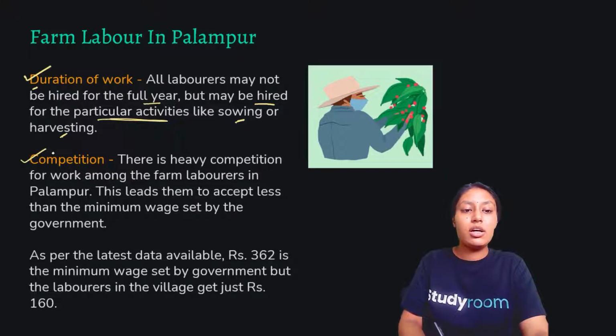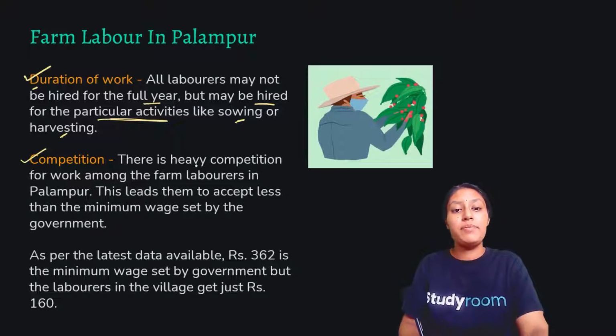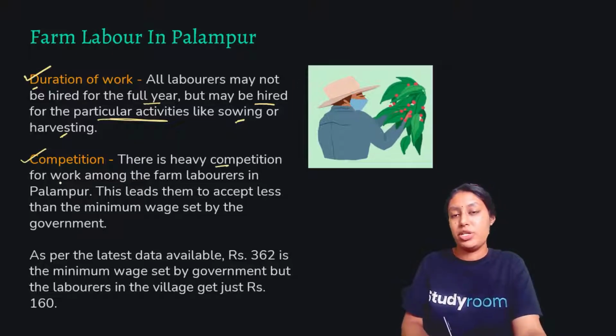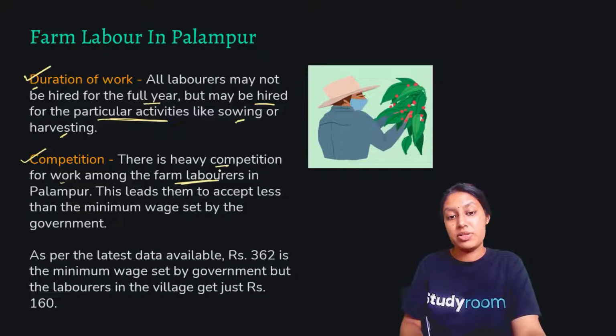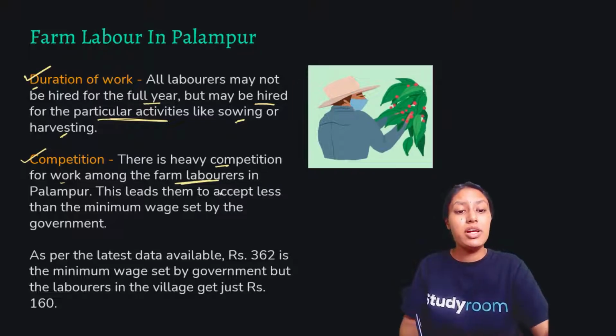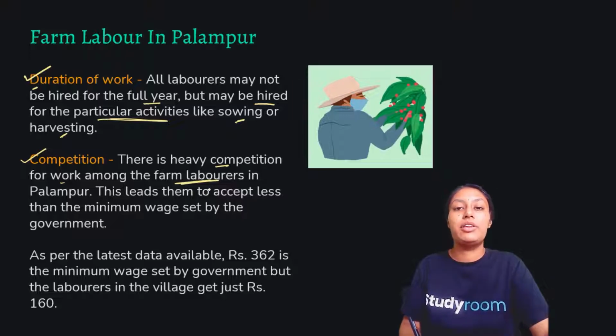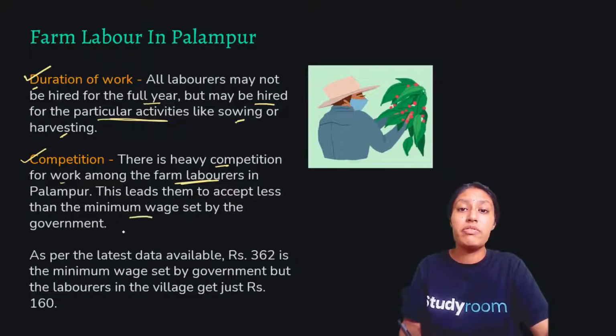Next thing is competition. Now, very important. There is heavy competition for work among farm laborers. So for farm laborers, there was heavy competition in Palampur. This has led them to accept working at minimum wages, because if they ask for high wages, if they demand high wages,